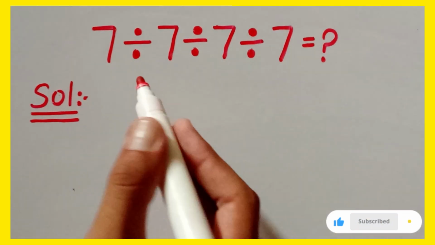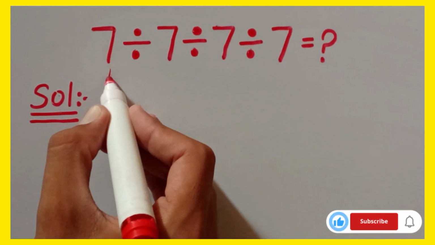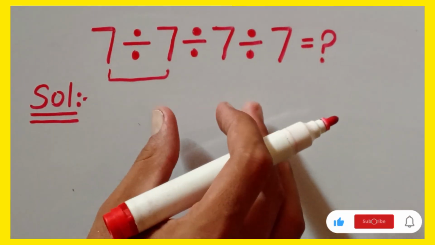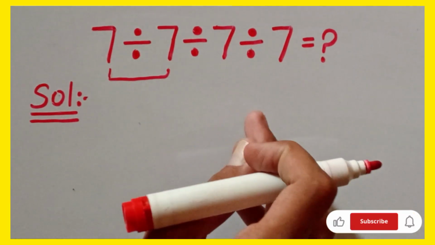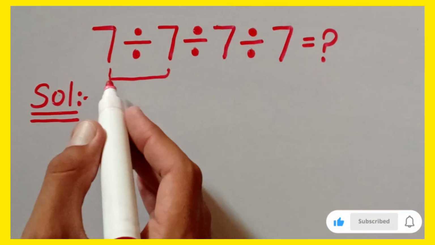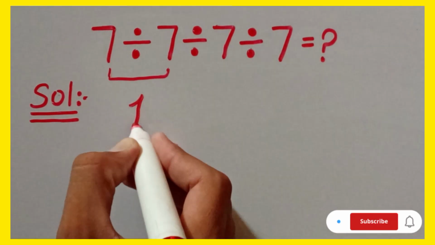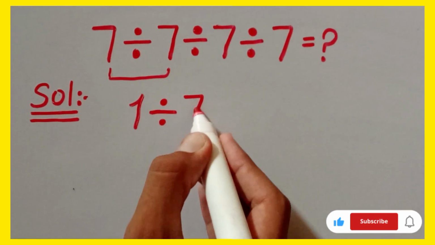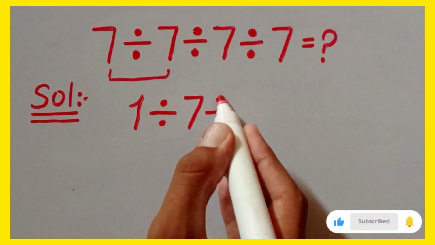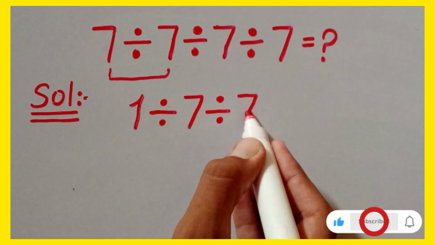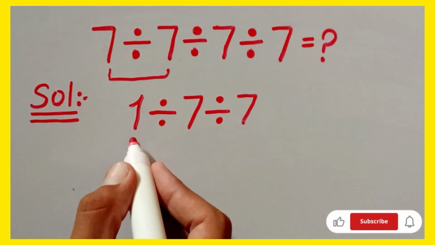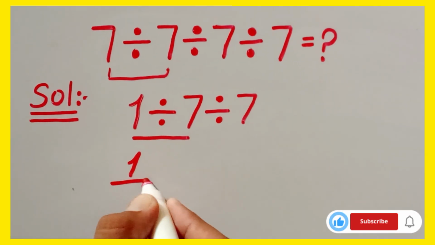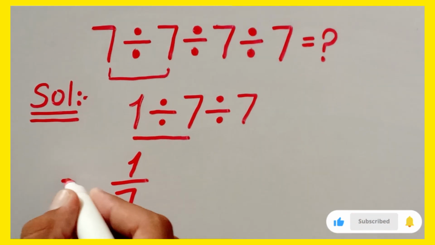Okay guys, firstly we can solve this question from the left side. In this expression 3 divisions are present, so we can solve this from left to right. So 7 divided by 7 is 1, divided by 7 divided by 7. Okay guys, so I can write here this is 1 divided by 7